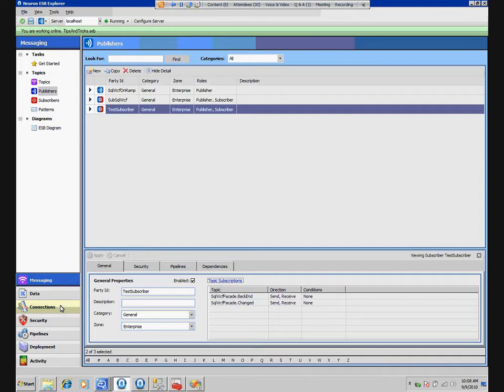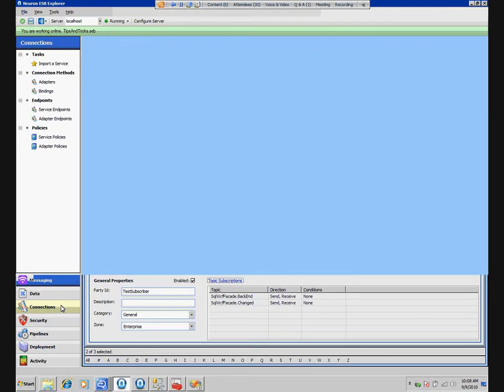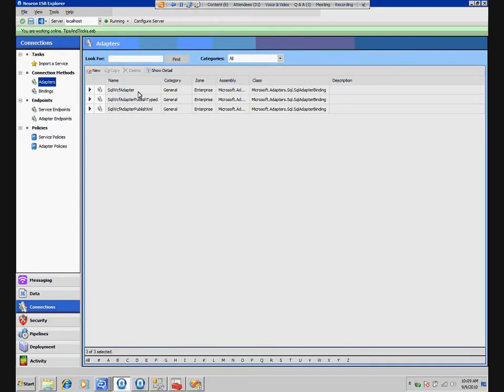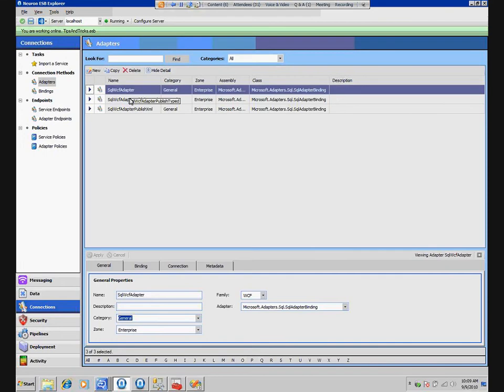Now, how you set this up is very easy. Under connections, most people are familiar with this, you have the ability to import services, use our adapters, use custom adapters, create custom bindings, and then create either service or adapter endpoints from those elements. If I look under adapters, I've created three adapters using the WCF line of business adapter. Each one is configured slightly differently. So let me go through this. How you do this is simply hit New,